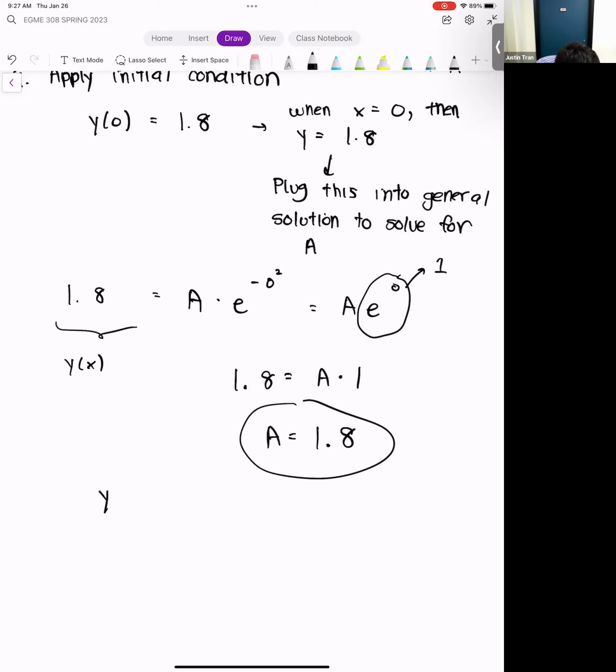And so let's go ahead and plug that in. So we plug this into our final solution. We plug in a is equal to 1.8. And that's equal to, or excuse me, y of x is equal to 1.8 times e raised to the minus x squared. Here with our particular